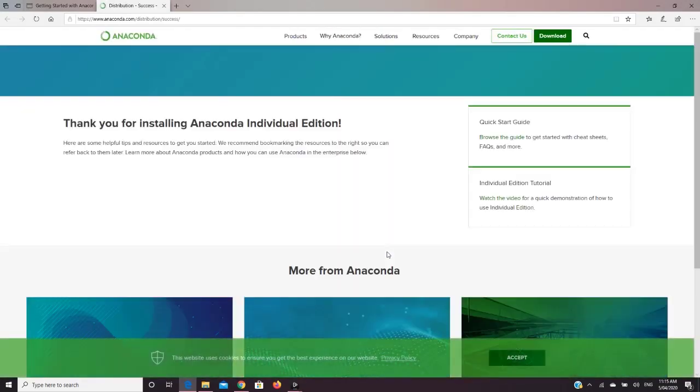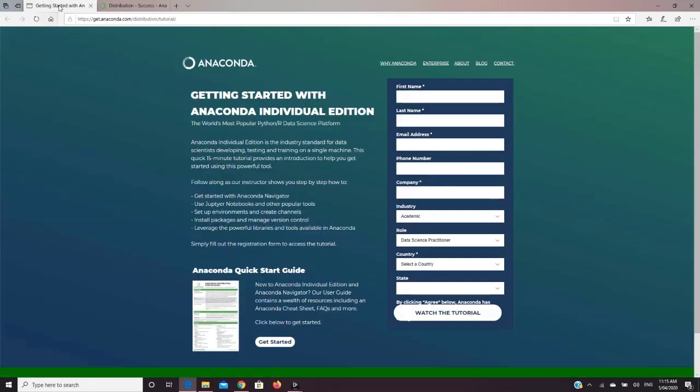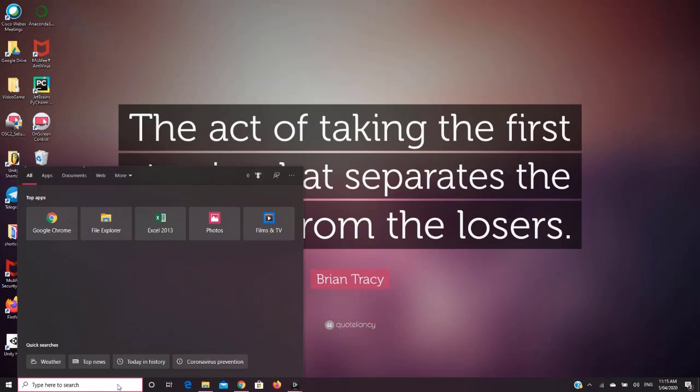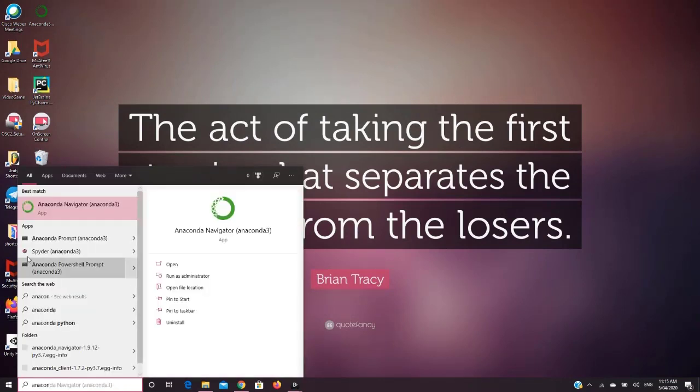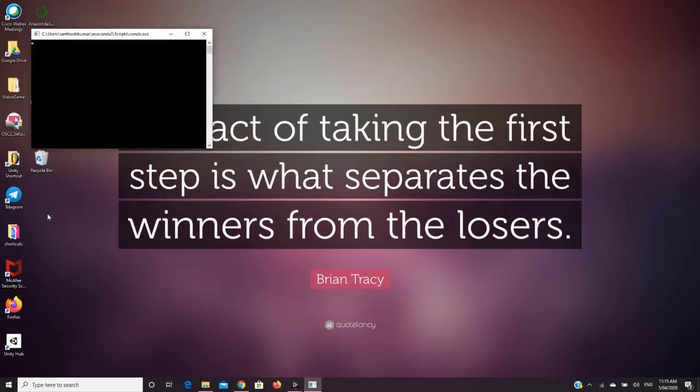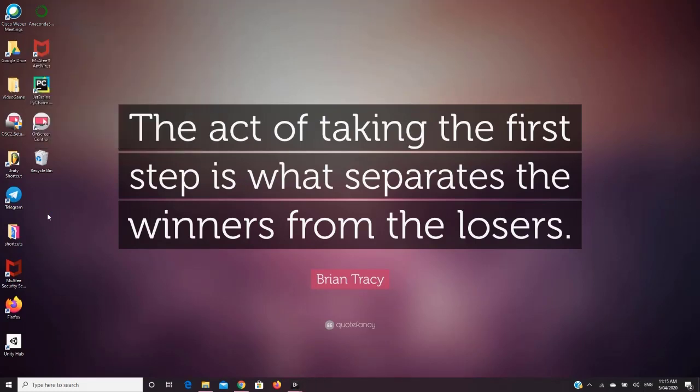Once you hit the installation finish button, the installation completes and a couple of Anaconda web pages open. You can pay attention to them later if needed. Now you are all done with the Anaconda install. I am just typing Anaconda in my Windows search bar and I get the Anaconda Navigator. It's just opening. Anaconda Navigator is going to house different types of Python IDEs, and this is going to become very handy when you want to do development related to either artificial intelligence or data science. So we'll see more details in a bit.